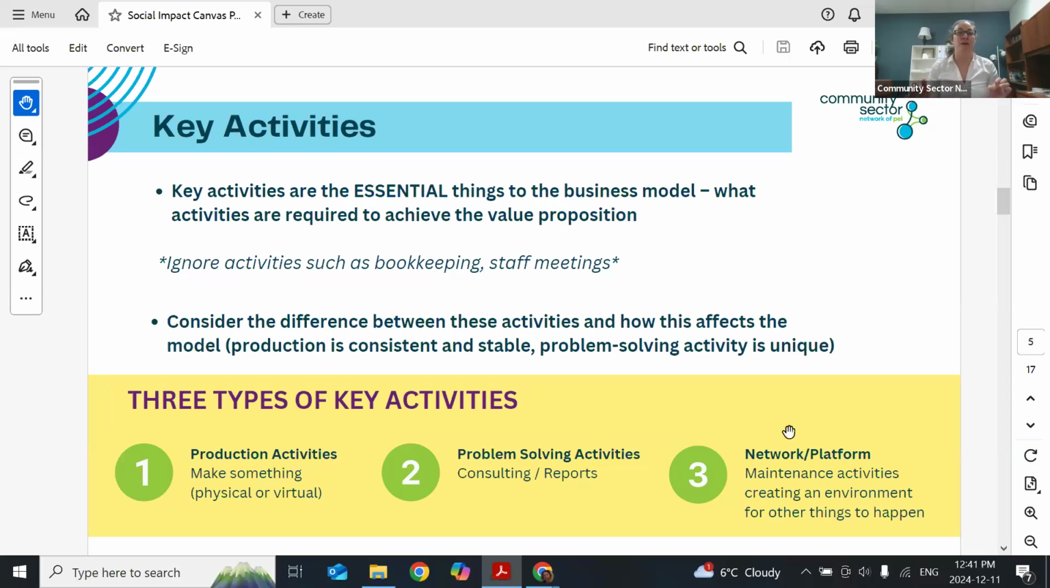And you want to make sure that you identify the activities